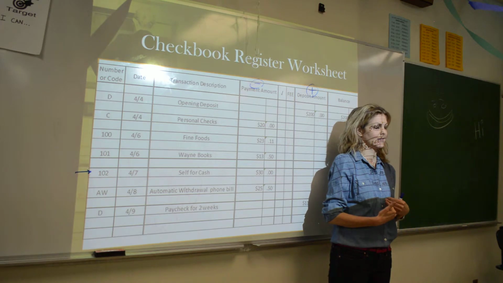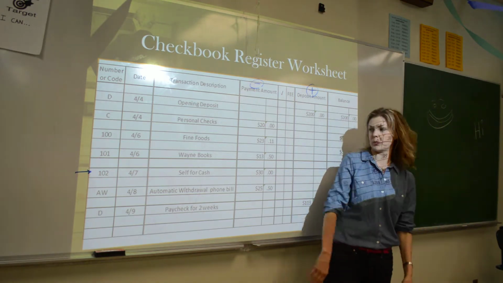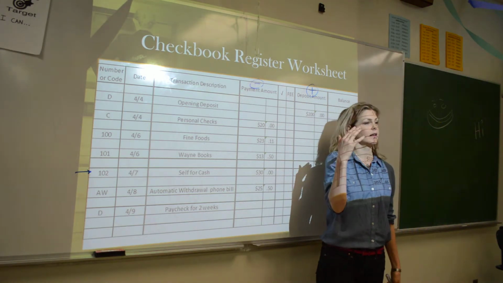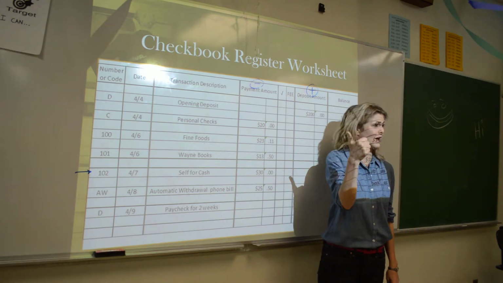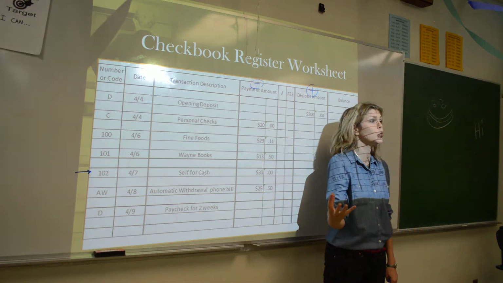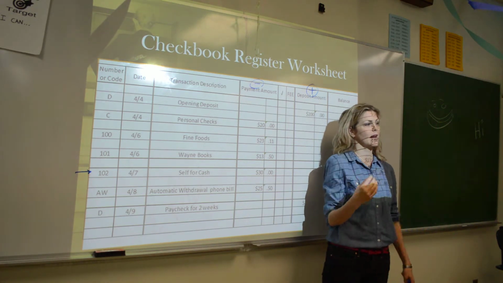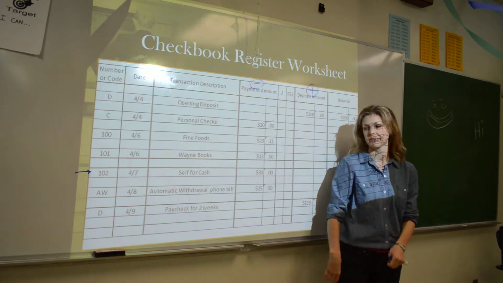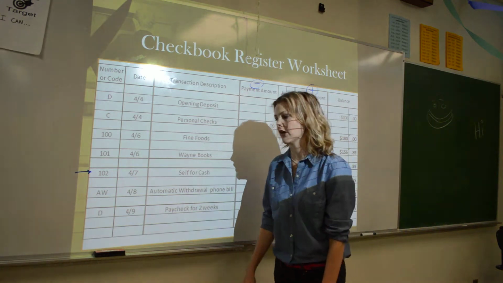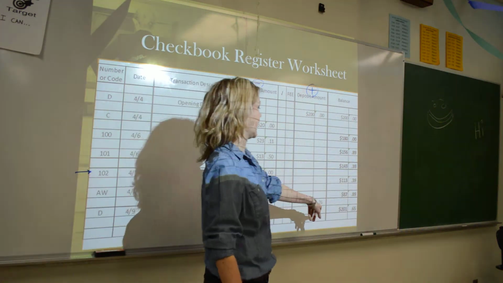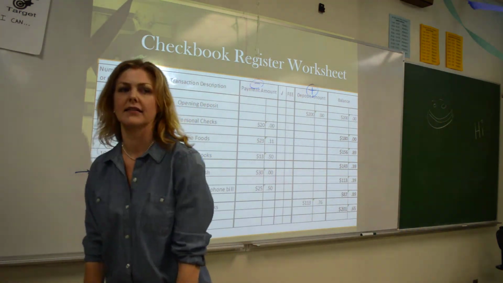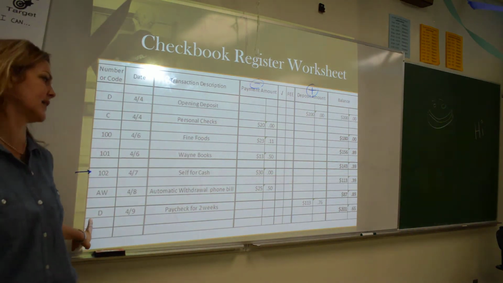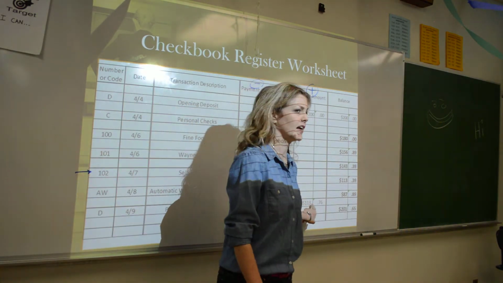Fixed expenses can be automatic payments with a different transaction code. That might be an AP, automatic payments, in which you know when it's due and how much, so you can send the money out of the account. Automatic withdrawals mean that the company is pulling the money for you, okay? In this case, it was $25.50, leaving us $87.89. Then lastly, you have a paycheck for 2 weeks, deposit with a letter D for